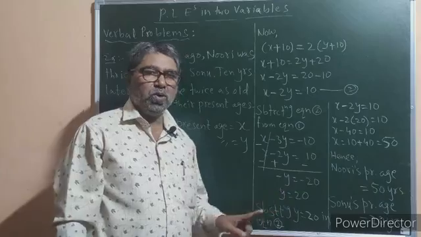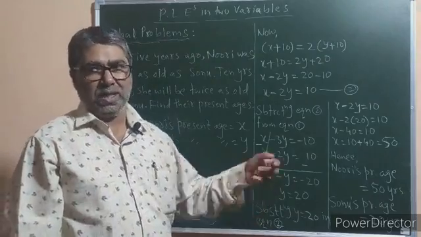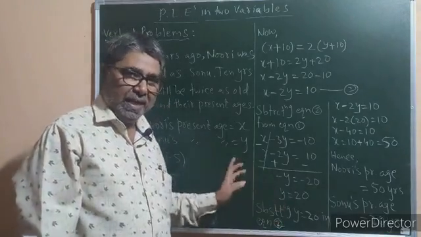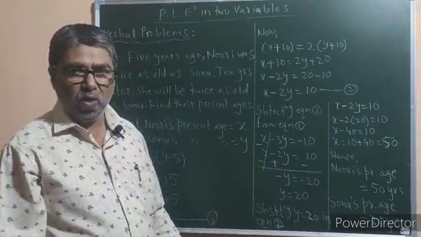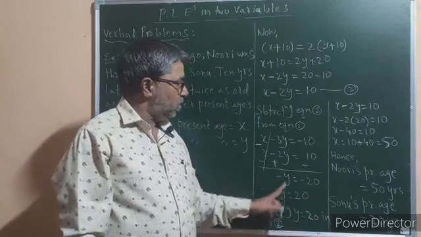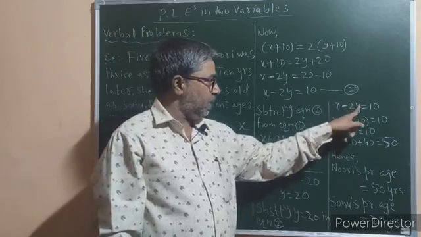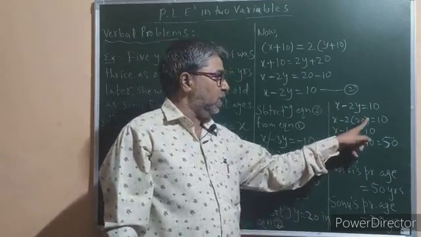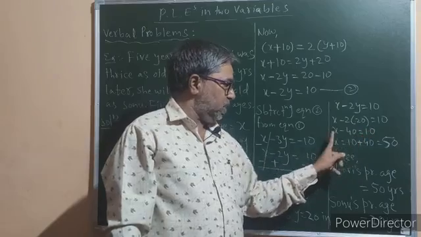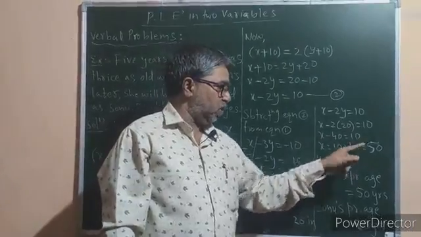So if minus Y is equal to minus 20, Y should be equal to plus 20, or in other words Y is equal to 20. So this is the value of Y. Now substitute this value in either equation 1 or equation 2 to get the value of X. So substituting Y is equal to 20 in equation 2. Equation 2 is X minus 2Y is equal to 10. X minus 2 into bracket, replace Y by its value, that is 20, is equal to 10. X minus 2 20s are 40 is equal to 10. So X is equal to 10, minus 40 will become plus 40. 10 plus 40 will be 50.